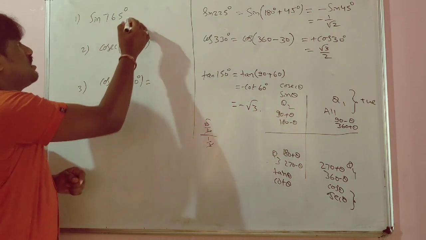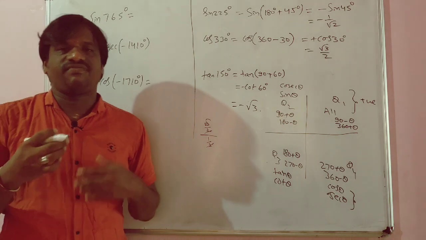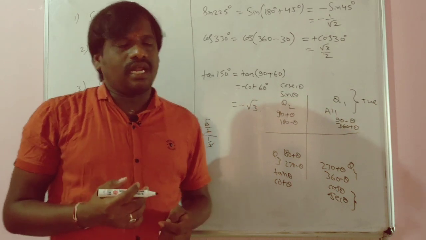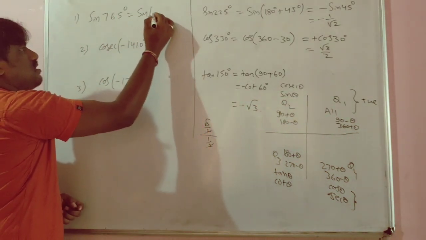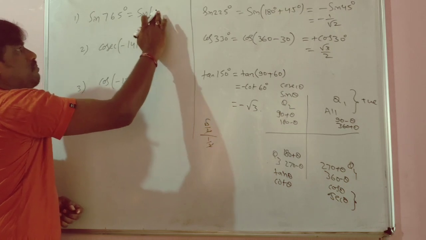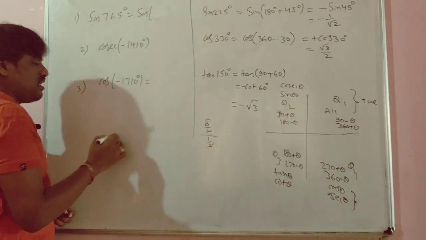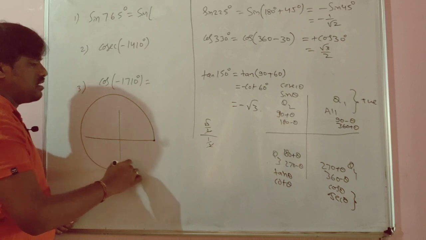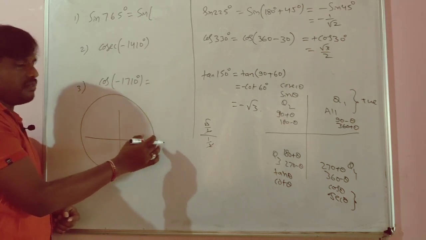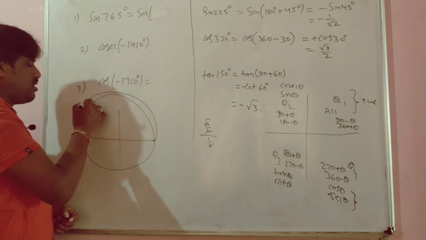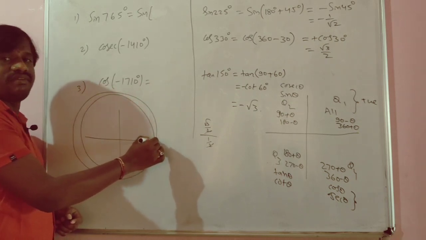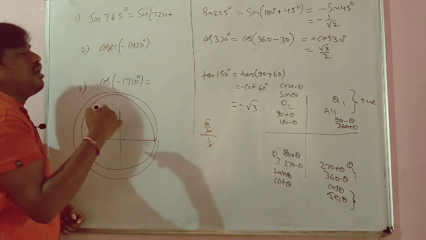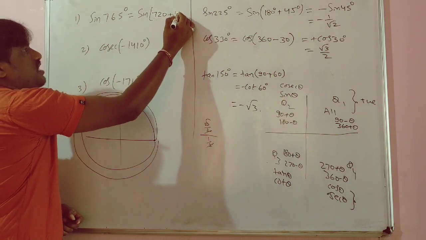Now here we can see sin 765 degrees. If I want to find sin 765 degrees, how do I find it? I can write this as sin of 720 plus 45 degrees. 720 is a multiple of 360. What is 360 here? The angle starts at 0 degrees and comes back here; this is 360, meaning one rotation. If it moves on and comes back again, this is 720. So this is 720 plus 45 degrees.